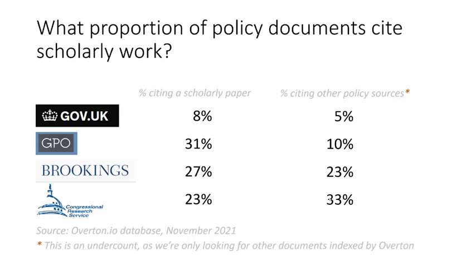If you look at something a bit more focused, like the Congressional Research Service, their job is to go out and review the literature or the current policy landscape, and then to synthesize that into a short document that's distributed to Congress people to read and to inform them. 23% of their outputs cite a scholarly paper, so they're relying much more heavily on the scholarly world for evidence, and 33% of their documents cite other policy sources. Often that's going to be think tanks, lobbyist reports, NGOs, charitable foundations, all that kind of thing.